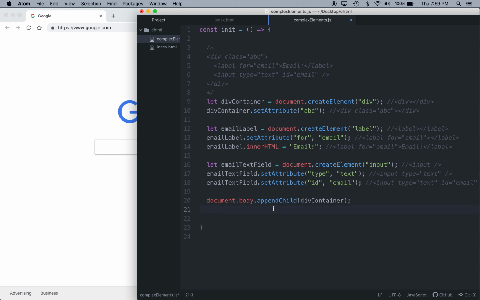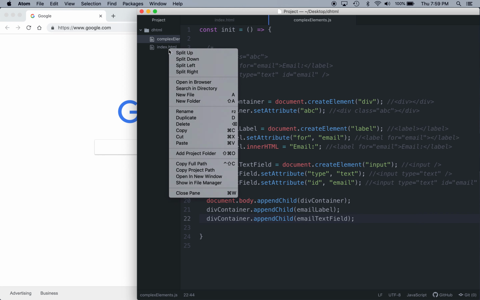Okay, so I'm going to do that. I'm going to use the div container as my reference element. I'm going to append a child. I'm going to append my email label. And then I'm going to take the div container, append the child, email text field. Okay, and if we open this in a browser,